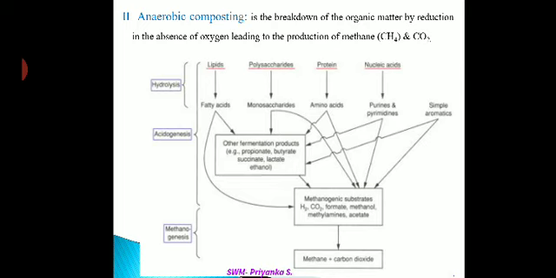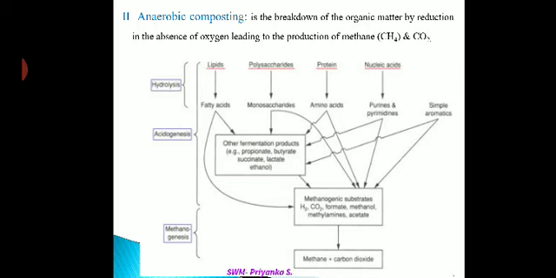Then let us understand what is anaerobic composting. Anaerobic means this takes place in the absence of oxygen. Anaerobic composting is the breakdown of organic matter by reduction in the absence of oxygen, leading to the production of methane, that is CH4, and carbon dioxide, CO2. The organic matter undergoing decomposition in the absence of oxygen will break down, and the final product we get is methane and carbon dioxide. So this is